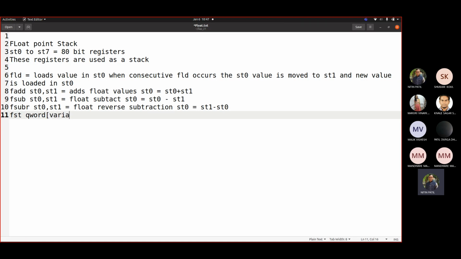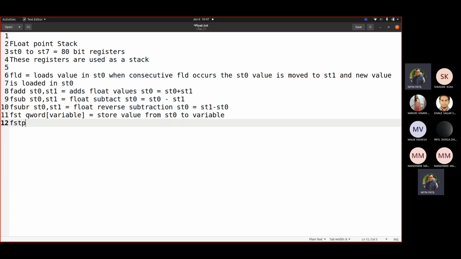So the meaning is: store value from st0 to the variable. And the fstp keyword of variable: store value from st0 to the variable and pop from the stack.